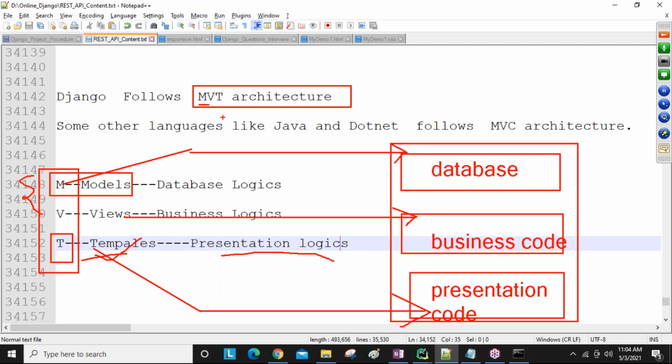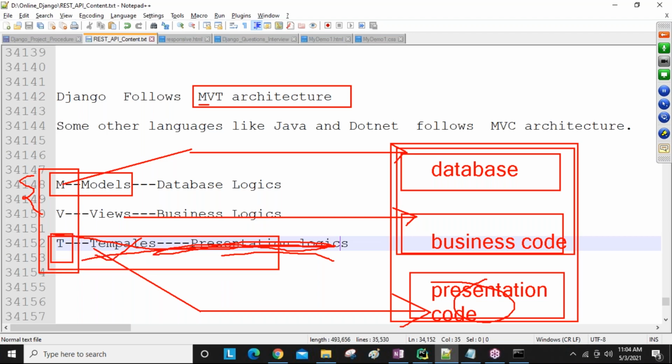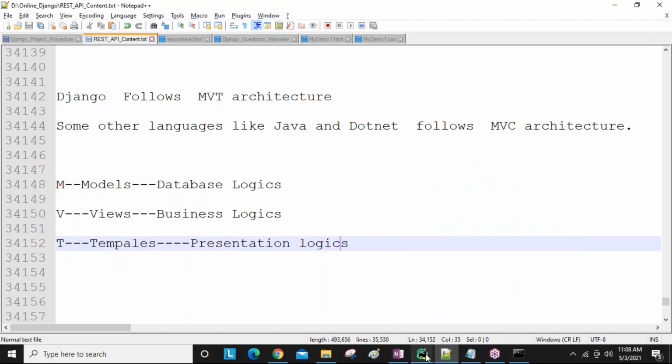People ask this very important question. If the templates folder is not there, then no presentation is there, which means only backend code is available for our application without a front end. That's why templates must be required, but why doesn't it come by default, even though Django follows MVT architecture? If you want, you can see here, guys.